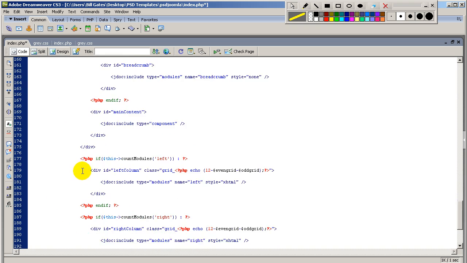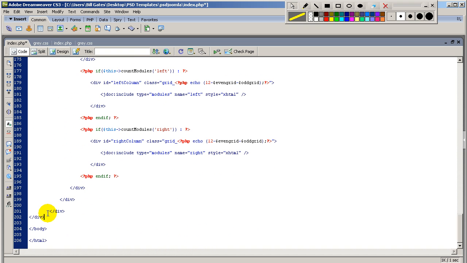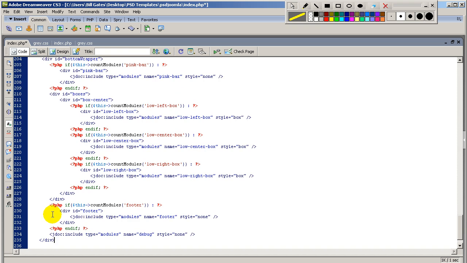Then let me go down, and we are going to click in here, click enter, and Ctrl V. That's all you are going to be doing. You are already familiar with all this HTML markup and this PHP code. So you are just going to paste, Ctrl S,